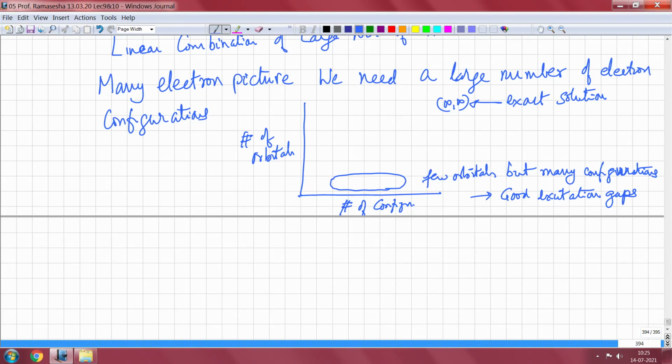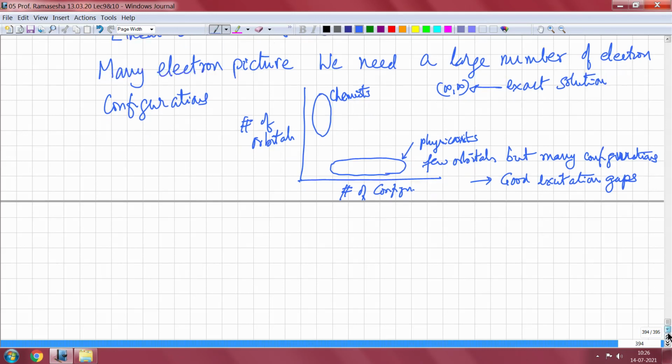Whereas in chemistry, the kind of questions you ask often are things like what is the ground state geometry, what is the ground state electron distribution, the ground state dipole moment and so forth. So, most of the times you are looking at ground state properties. This is for chemists and this is for mostly physicists. But this is just some arbitrary division. You could be working with very large numbers in both cases if you have enough computational facilities and abilities.